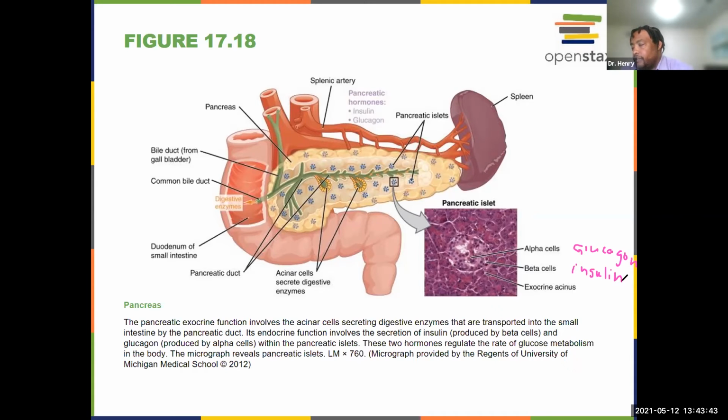And according to your text, it's not quite sure of how exactly it causes that uptake, but it appears to activate a certain kinase. Okay. So in that case, it causes glucose to be taken from the bloodstream